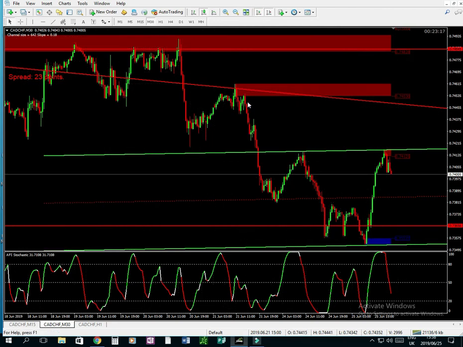So the 1 2 3 strategy works fine if you know what you're doing, and if you have the skill to identify a simple trend. You need to be able to identify a buy trend and a sell trend. Now the market is at a strong buy. It's not strong in terms of overpowering the sell. The sell is still in power, but the current trend right now, the market is actually buying,